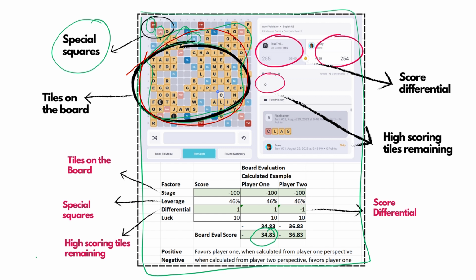That's one part. I think the second part is score differential between player 1 and player 2. Then, high scoring tiles remaining. If you look at Q, Z, J and X, Q and Z are 10 points each, J and X are 8 points each. We've plugged that in as a factor of luck. If Q, X, J and Z have not been played, if triple word tiles are within reach, double word tiles are within reach, you can still leverage these too. So part luck, part leverage can still get to a point where the AI can come up with a word that generates a fairly big lead.